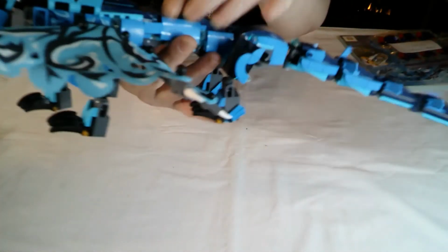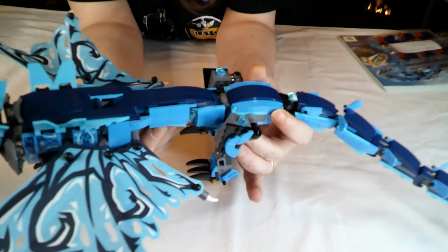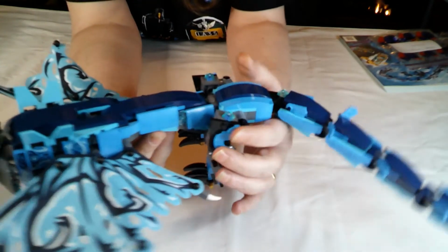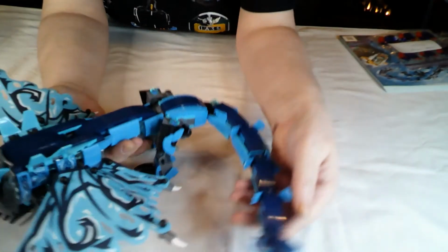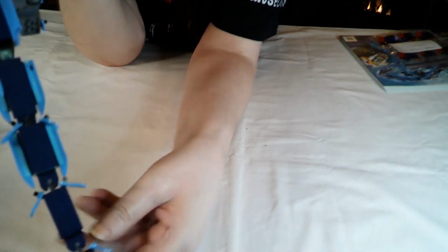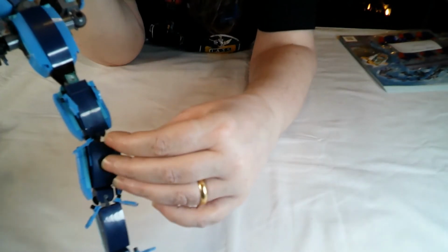The body itself is really substantial, which is an issue I've had with the dragons, is sometimes they're not quite strong enough, so I try to pose them in any sort of way as a non-starter. But because you've got this great big long body piece here, it really holds him together well. And then you've got the undulating tail, the back. I like the use of the flippers as fins because he's a water dragon. The actual flipper pieces are all the way down his back, and again, because of the way they're designed, you can actually angle them any way you want. And then he's got